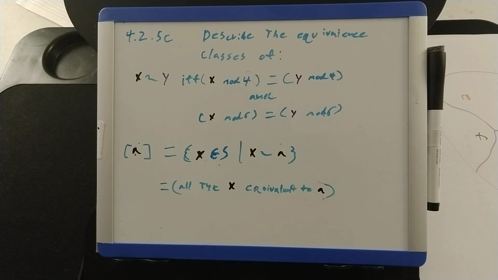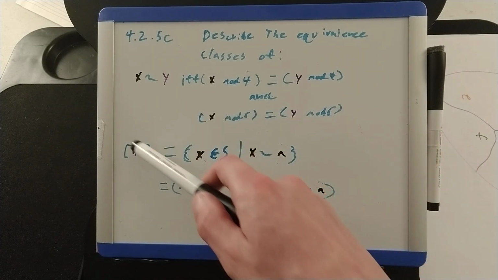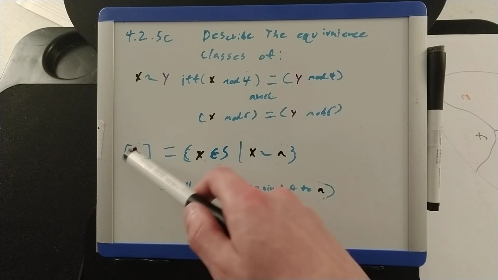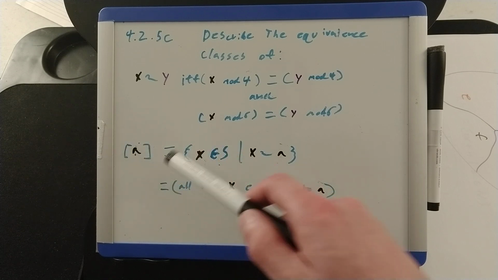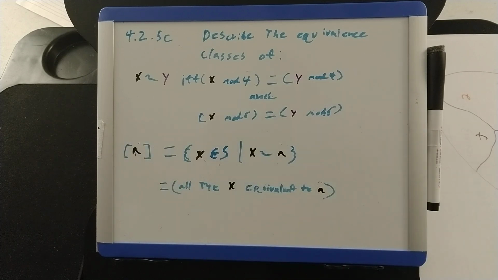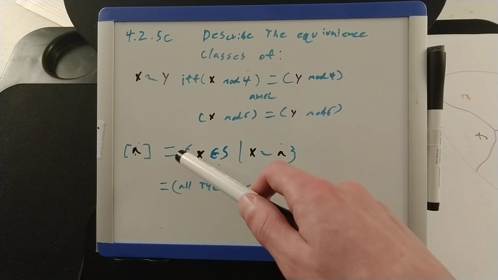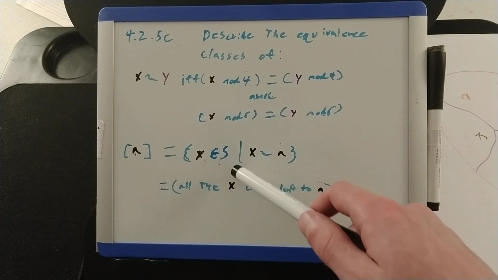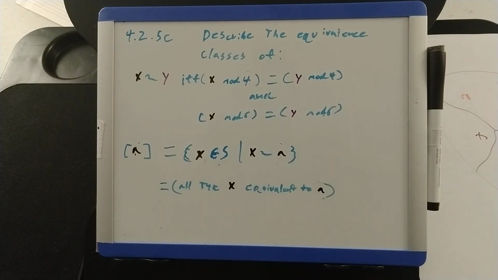The first thing to understand is just this notation here. So if you have something like this inside the square brackets, that represents the whole equivalence class for that element A. So it is the set of all the x's where x is equivalent to A. So it's pretty simple. It's just a way to say all the stuff that equals A,